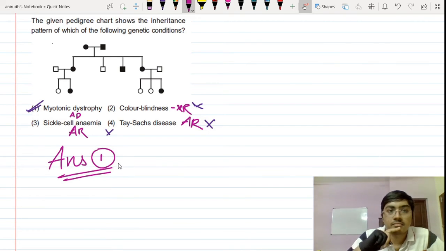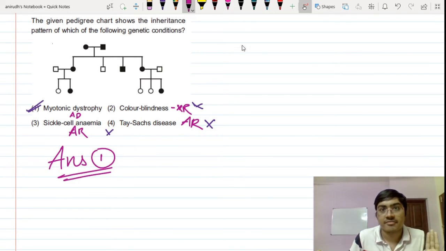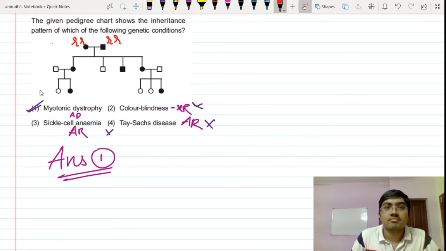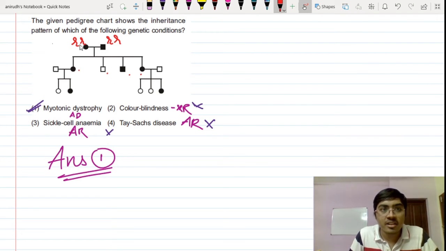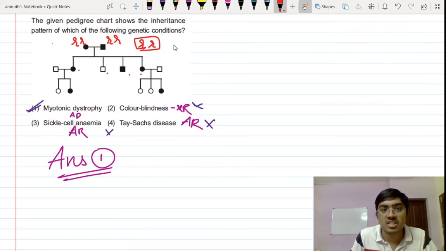Now see this once again. Just confirm this and then we'll stop this video. Let us say that it is autosomal recessive. Had it been autosomal recessive, then this is R, this is small r, only then these two people are affected. If this is the condition, all progenies, that means this person, this person, this person, and this person should be affected, because the only combination which is possible from these particular parents is this, smaller r. This is the only possible combination.